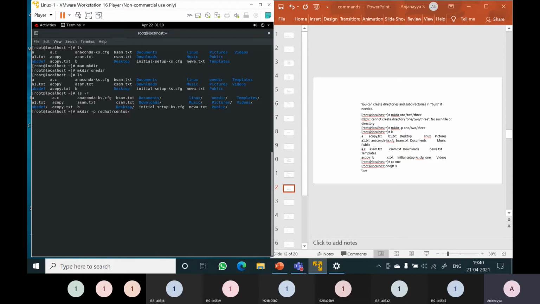In that CentOS again I want to create one more directory. If you want to create a bulk of directories, you have to use the -p option. It will create the Red Hat directory. Inside Red Hat, the CentOS directory will be created. Inside CentOS, Ubuntu will be created. Now press enter. Now ls.